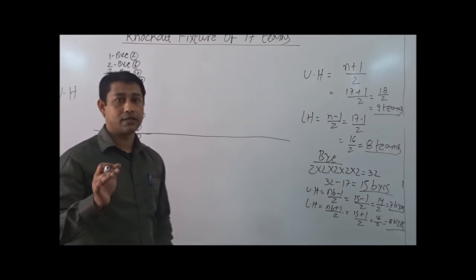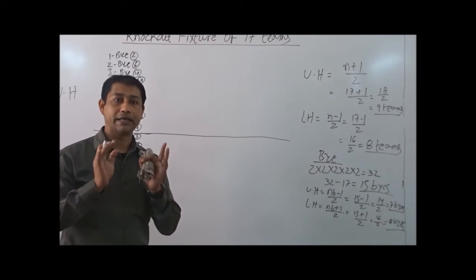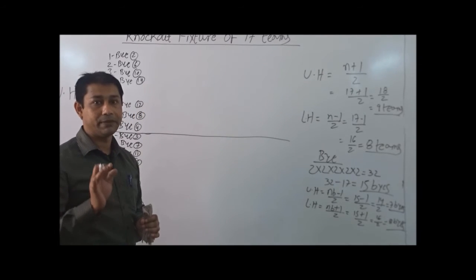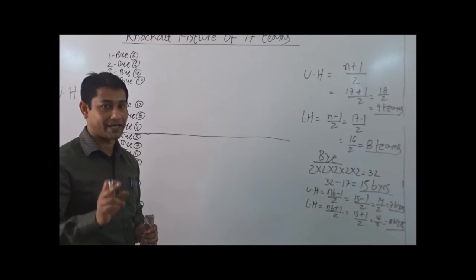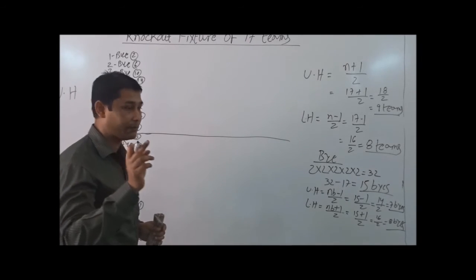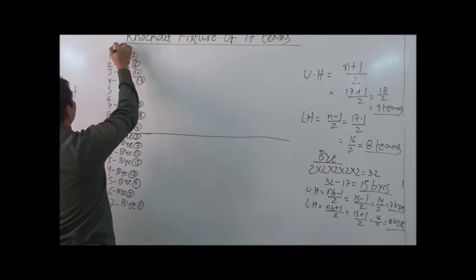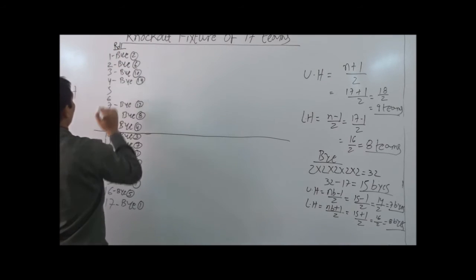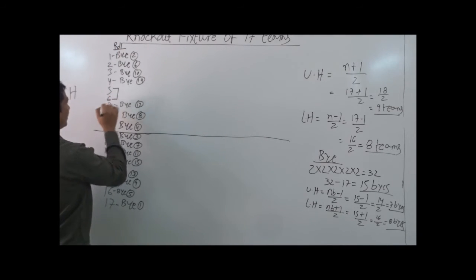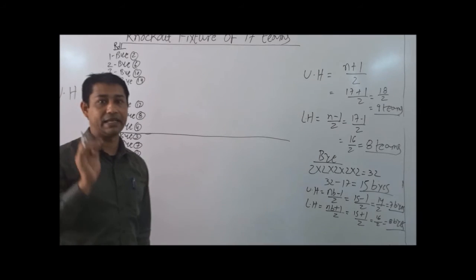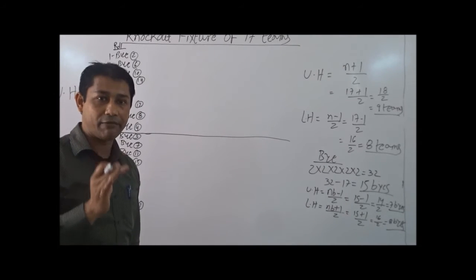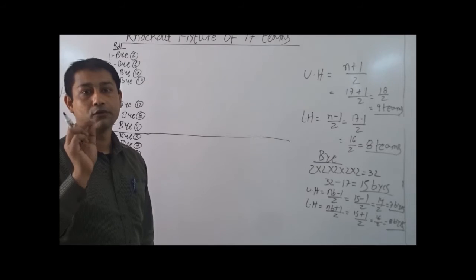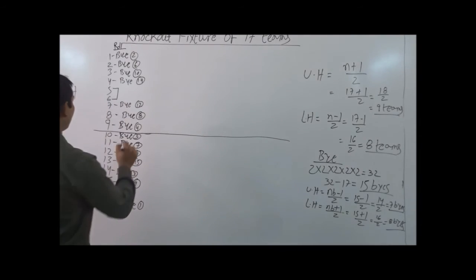Only the teams which have not got byes will be playing their round 1 matches. That we need to keep in our mind. Write round 1 on the top. Since 5 and 6 have not been given any bye, they will only play first round match. Find out winner.